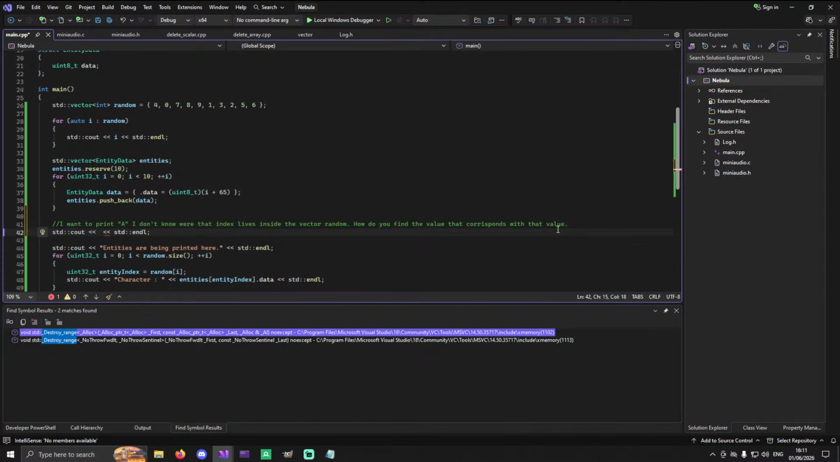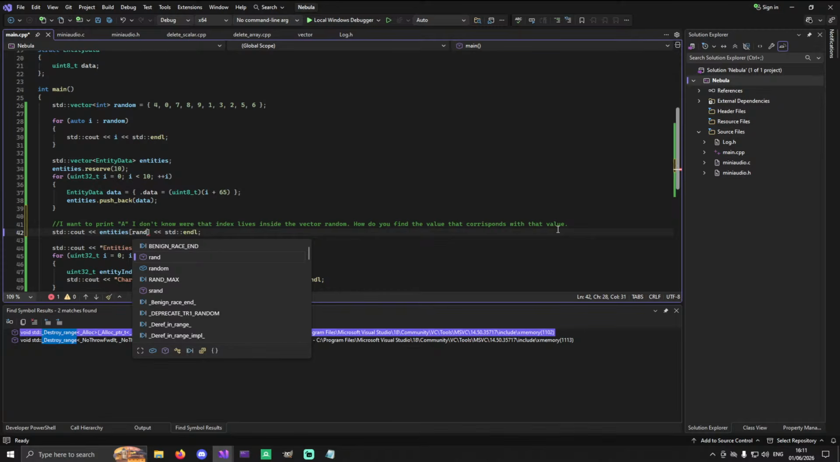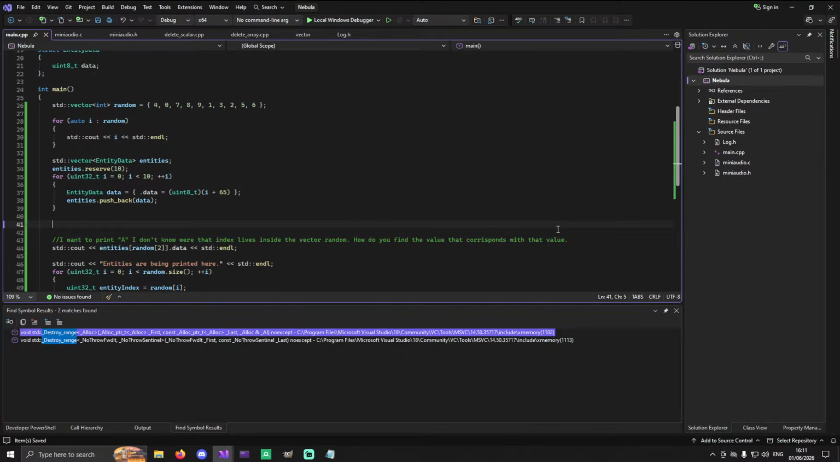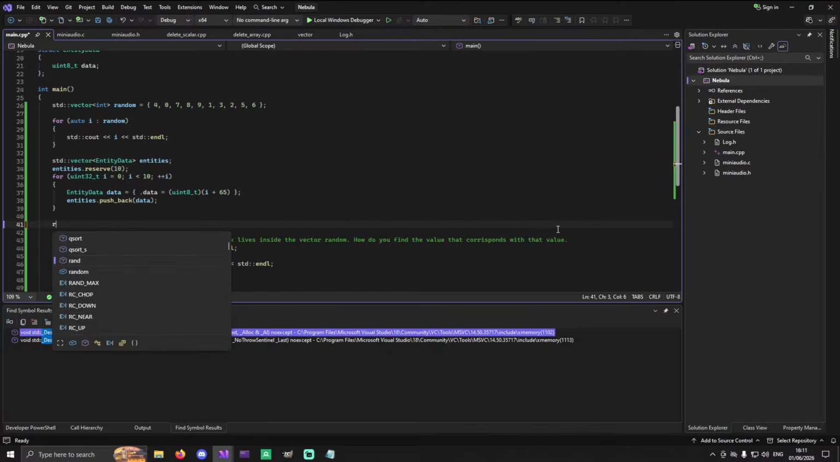So this is what I need to be able to do in my simplified version of the engine. Random 2 dot data. So that will print A. Now, it's possible when I do a delete swap on random,